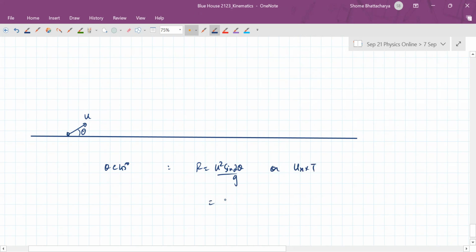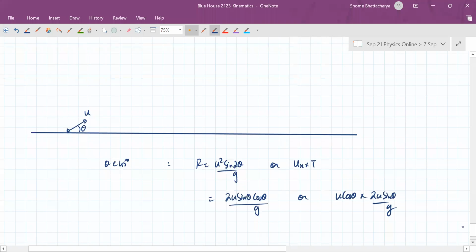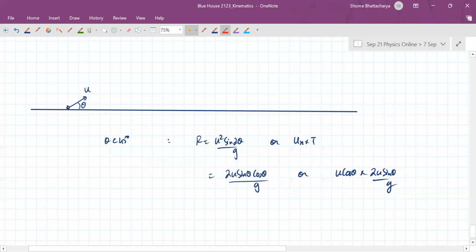So that is 2u sine theta cos theta divided by g, or ux is u cos theta into 2u sine theta divided by g. Now if I project the same thing with the same speed, but at an angle like this,